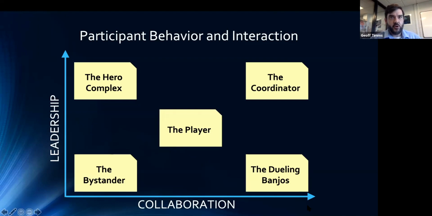We had one case of dueling banjos. These were two team members who collaborated but seemed to be in competition with each other. And while they exuded a profound amount of energy, they had very little direction, which caused an outcome of very little or slow success. And then the most common role was the player who neither led nor lapsed, but did contribute their perspective in appropriate proportion and engaged with their teammates fairly successfully.